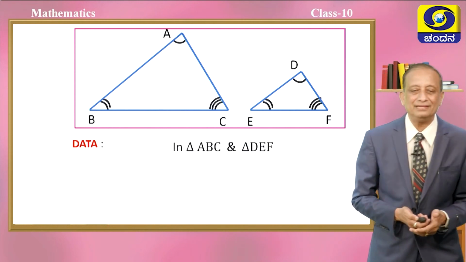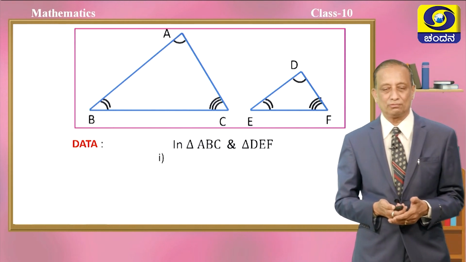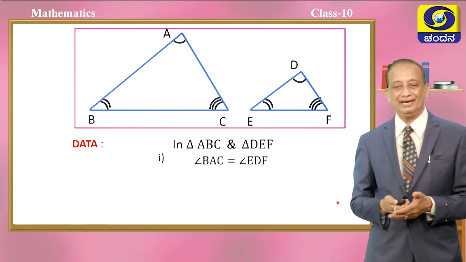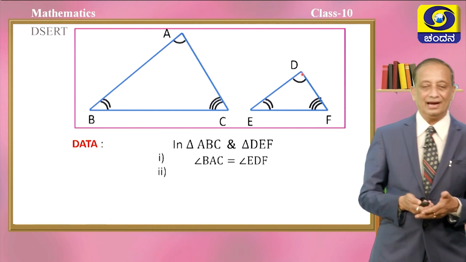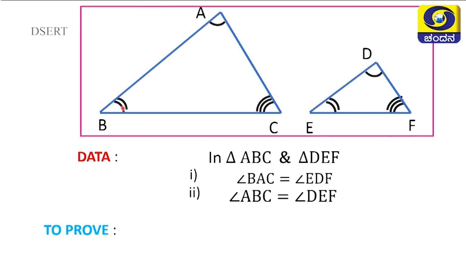In triangle ABC and triangle DEF, the first foremost point is angle A is equal to angle D, and secondly angle B is equal to angle E. Okay. So, why are we not writing the third angle, children? Straight away we are writing to prove now. It is because if 2 angles of one triangle are equal to 2 angles of another, then the third angle will automatically be equal. So, it is not worth writing the third angle at all.